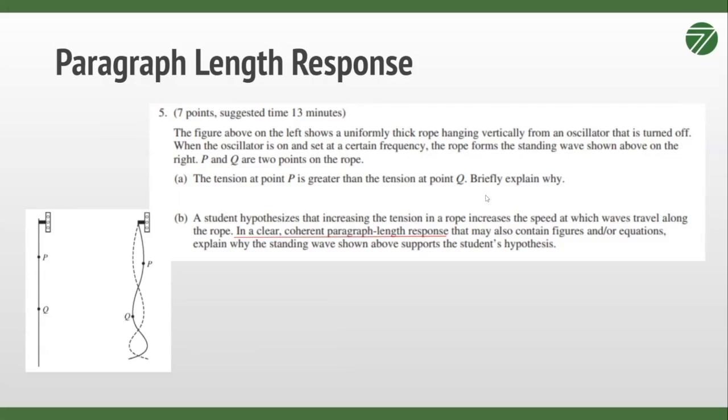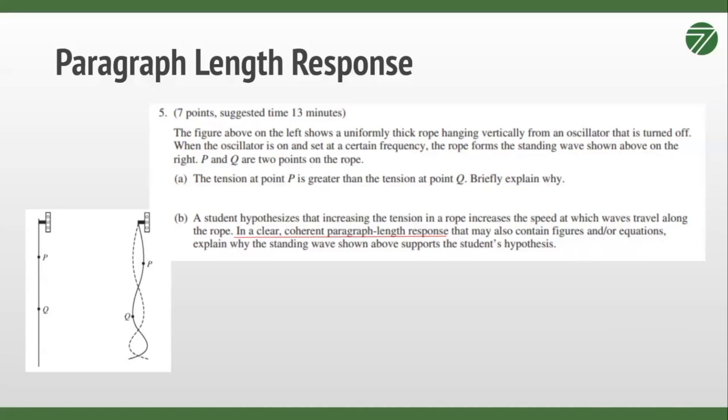Usually when we do systems, we operate on the assumption that the tension is the same at every point in the rope, and they're straight up telling us here, no, the tension is not the same at every point in the rope. The tension is different. Why would that be? Obviously you have to figure out that that's because of gravity and because it's a vertical rope,